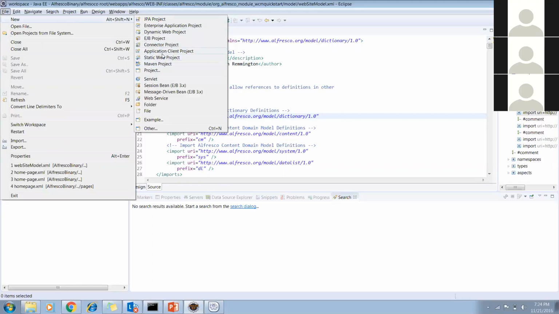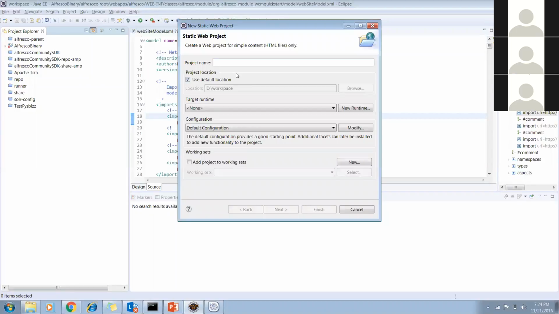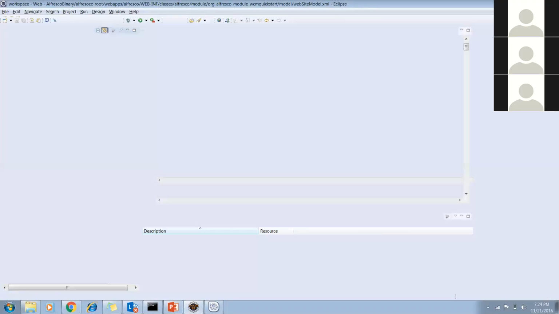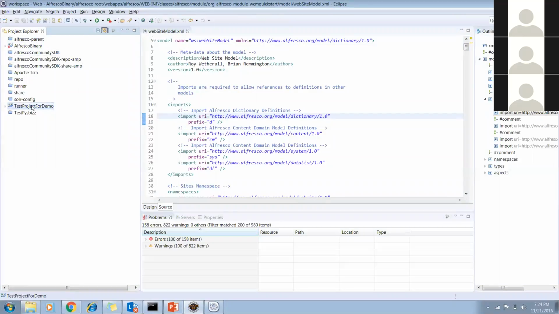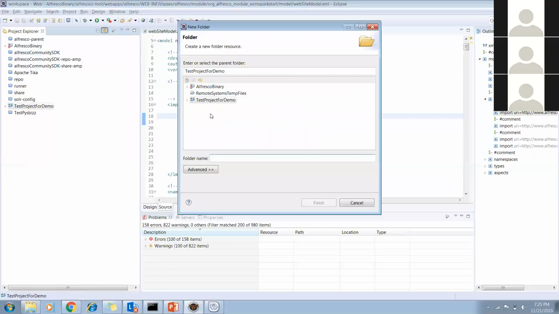If I create any project, for example, this test project for demo, I just click Finish here. The project is created. Now I will create a new folder inside this project.